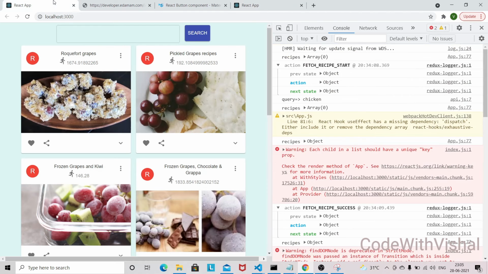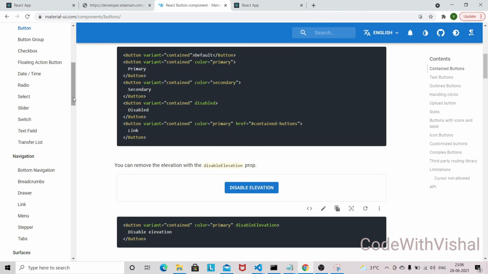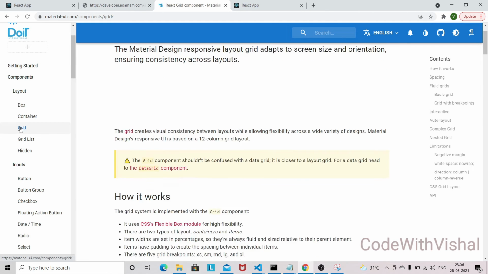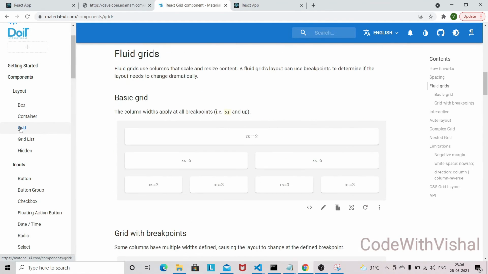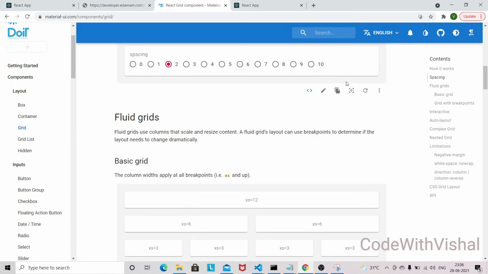So now let's build this UI with the help of Material UI. In order to build this UI, we have to refer to the Material UI website, and first we are going to use this grid, and in this grid we are going to use this one.